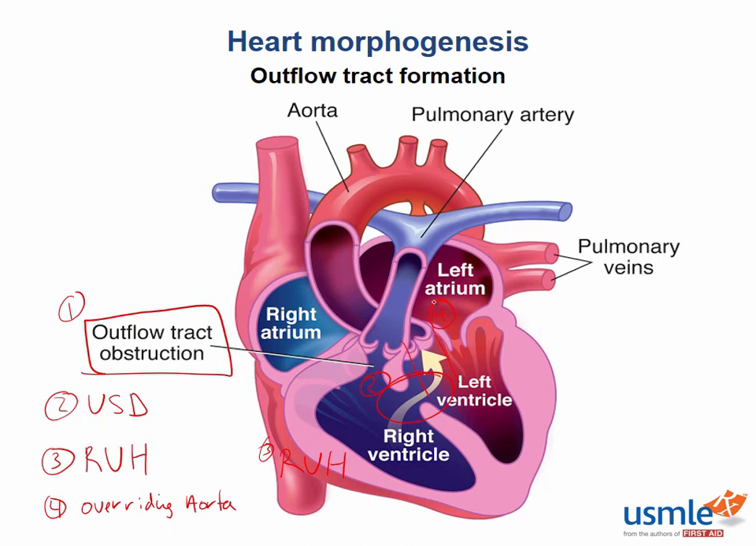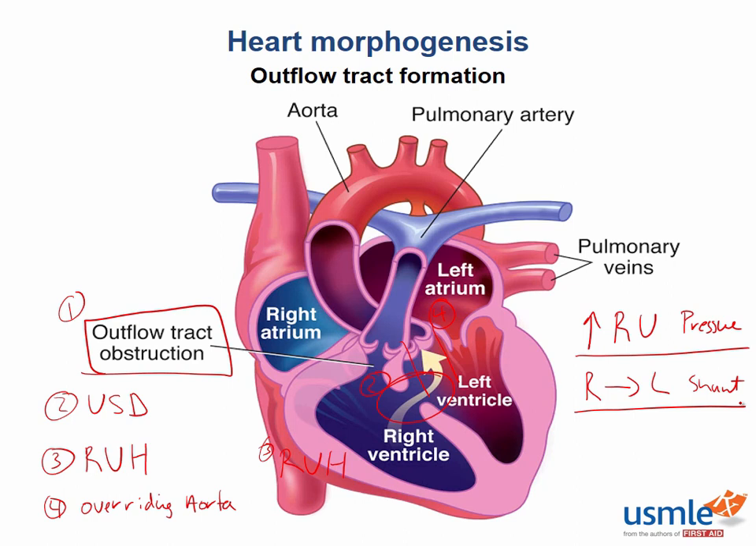Another thing to mention for tetralogy of Fallot is that the right ventricular hypertrophy, which is secondary to the pulmonary outflow obstruction, leads to increased pressures within the right ventricle. These increased pressures lead to a right to left shunt through the VSD that we mentioned earlier. This results in deoxygenated blood being pumped into systemic circulation, and this is one reason for early surgical correction with